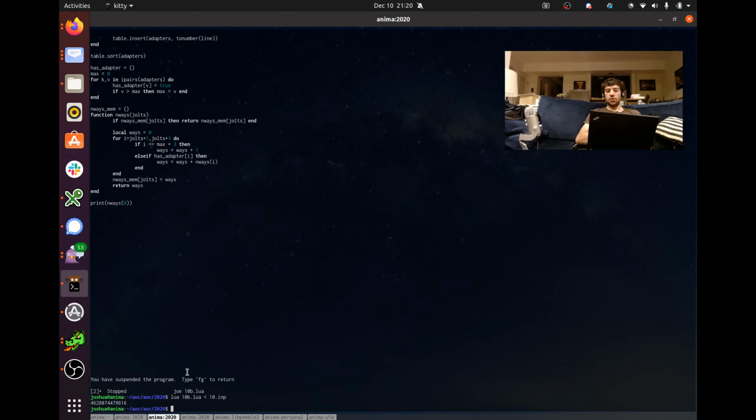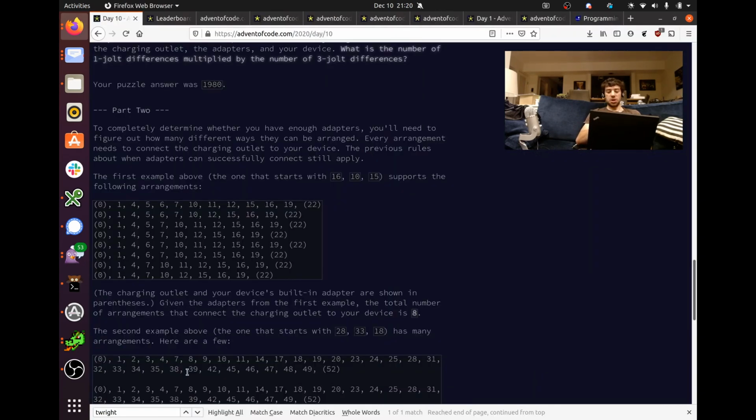So how can you avoid that? The answer is that a bunch of those times you're doing repeated work. If you start from number 16, you can remember that there's only one path from 16 up to 22. In this example, there's only one path from 16, 19, 22. So rather than recursing on 16 and then 19 and then 22 and then back out to 19, then back out to 16 and then back up from there,